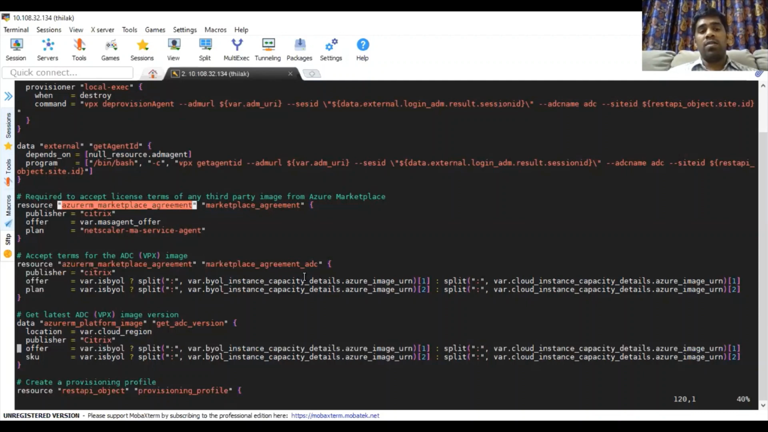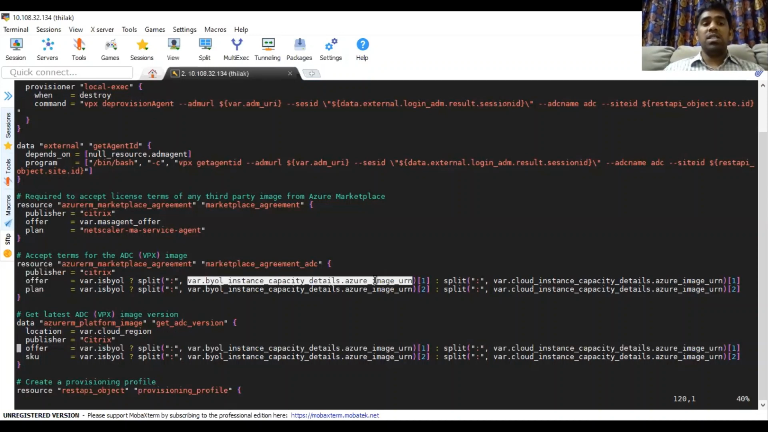Also, we can pass the specific image version as part of the variable section. That image URN section is a variable. We can pass the specific image version so that image gets subscribed, and the same image will be used in the Azure cloud to deploy the ADM agent, and say for ADC, the image would be used on the Autoscale group